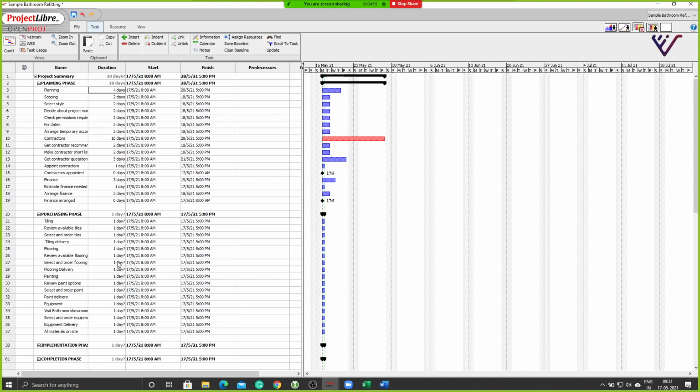But the minute you add a duration of 10 days, 2 days, 5 days, the project considers that the exact estimated value which you are providing, and that's why the question mark has been removed. What this means is that the program is now considering those days as the baseline duration for each of those activities. Am I clear when I'm saying baseline duration? That's the minimum number of days it's going to take to do that activity.